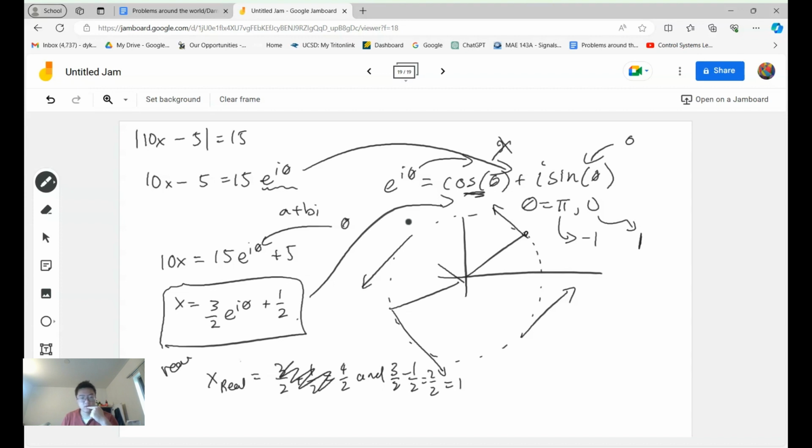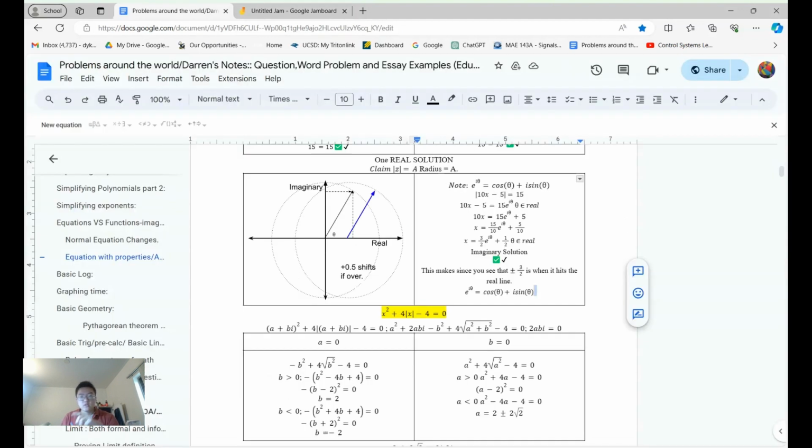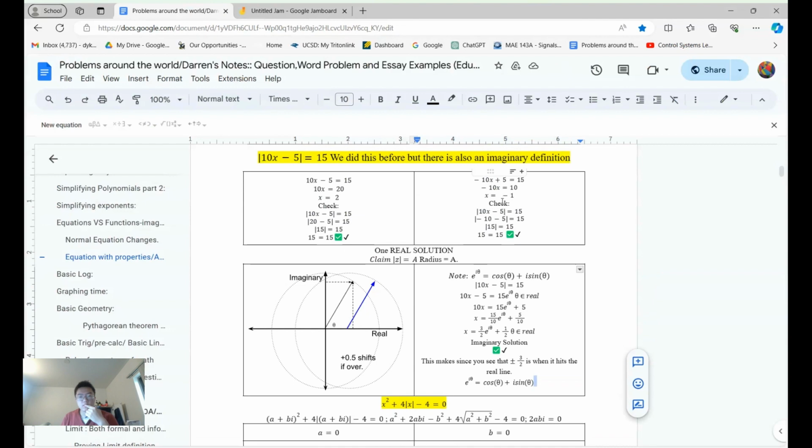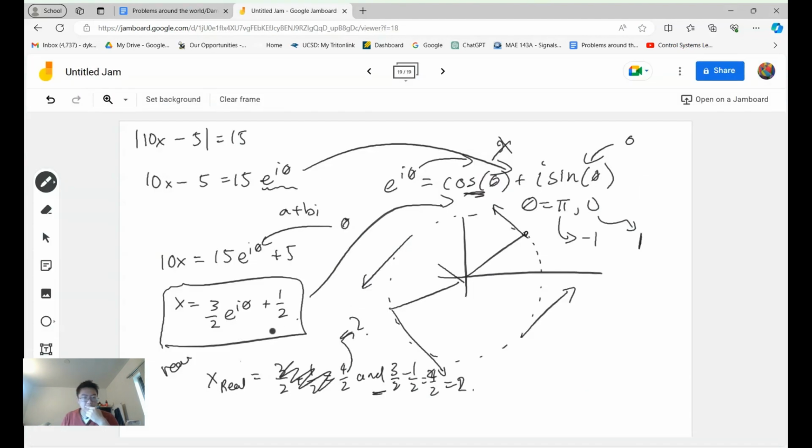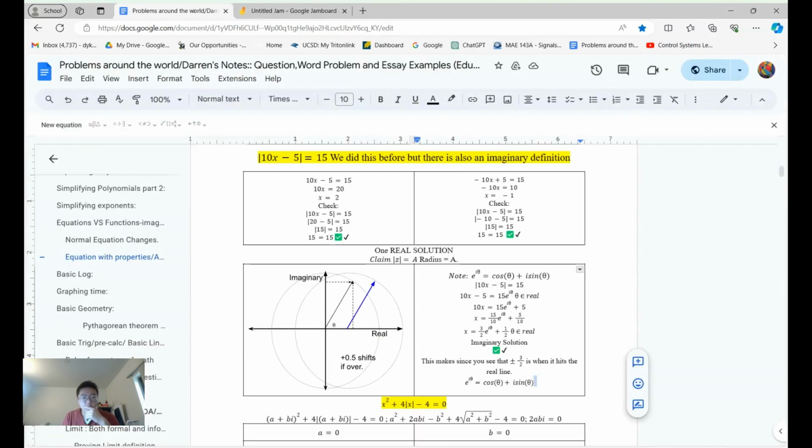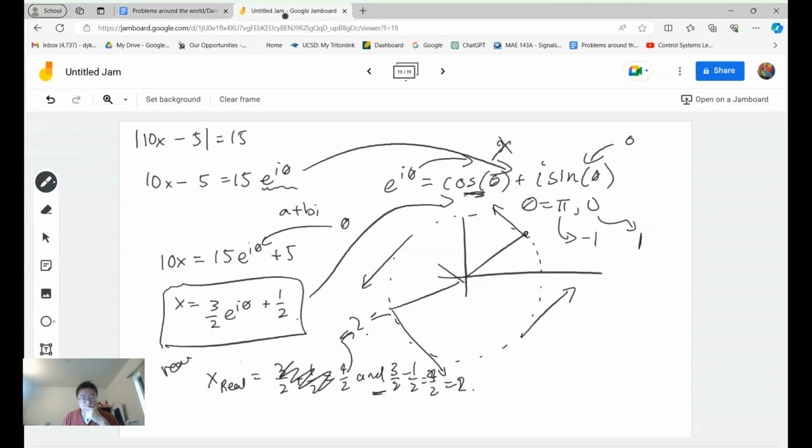Wait, did I do this wrong? I did something wrong. It's negative, so it's 4. So this is -2. And then this is +2. But it should be the same as up here. Wait, did I do something wrong? Where did I do wrong? The 2 is correct. Oh, this is wrong. This is a plus, so this is 2 divided by 2, which is negative, which equals -1. Okay, good. We got the same thing. I just messed up the algebra. Sleep deprived or anything, whatever, it's my fault.